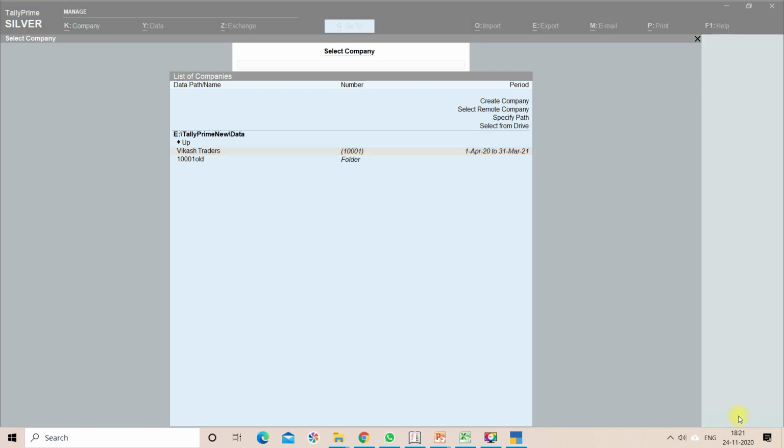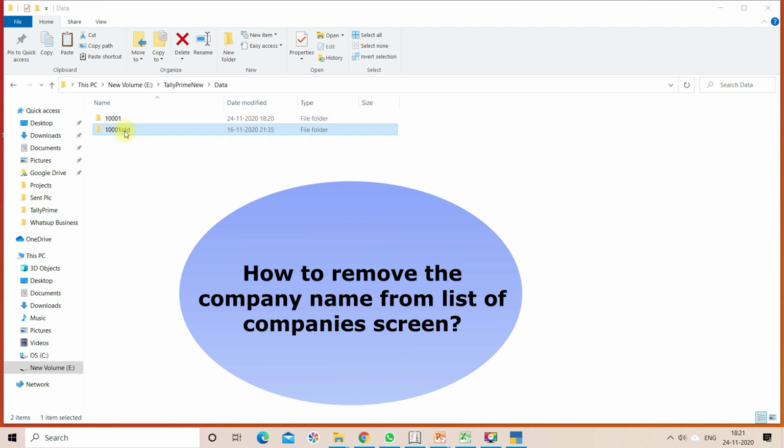Now let's see how to remove a company name from the list of company screen. Before removing that company or company folder, first you need to close that company in the Tally application server as well as all the client systems.